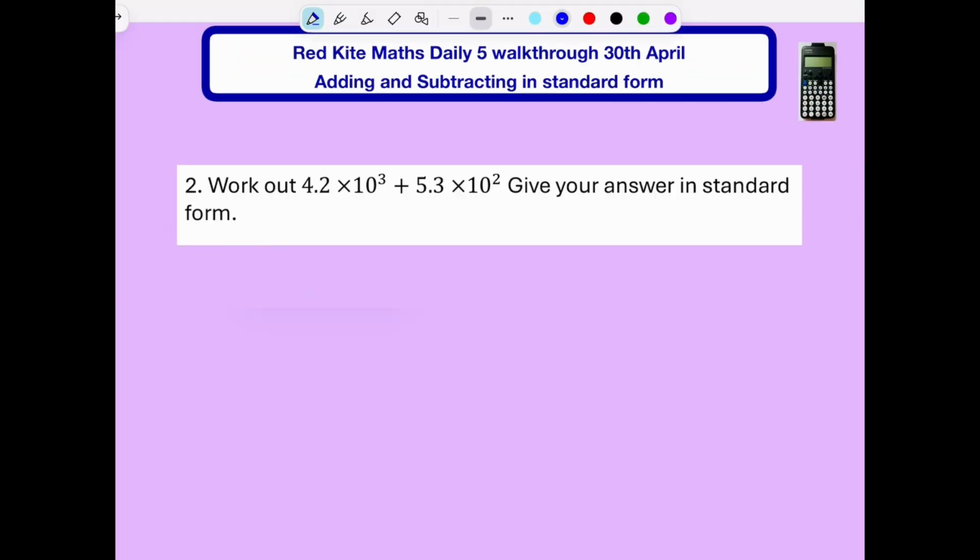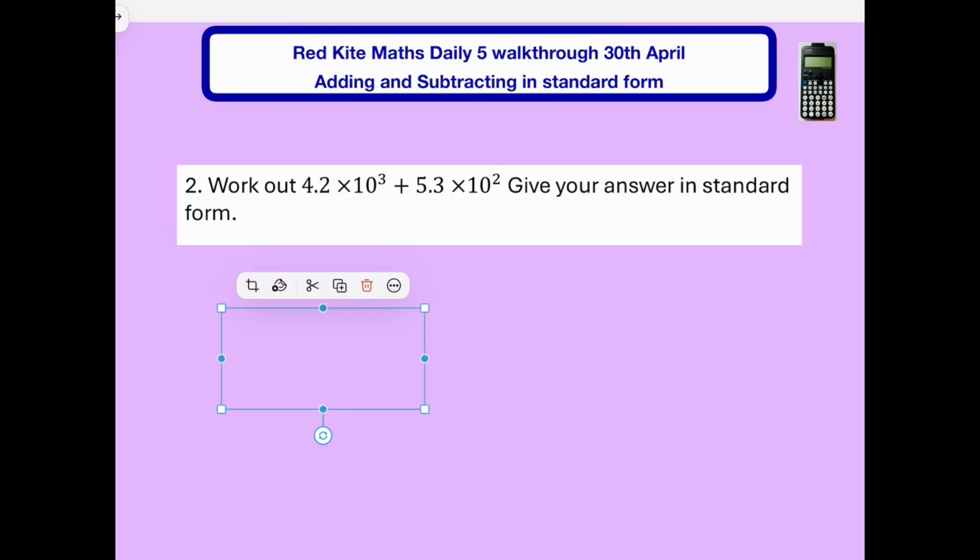Work out 4.2 × 10^3 + 5.3 × 10^2. And we have to give our answer in standard form. So first up, we need to pop all of this into our calculator, work out what the answer is. And if you got the same as me, you would have got